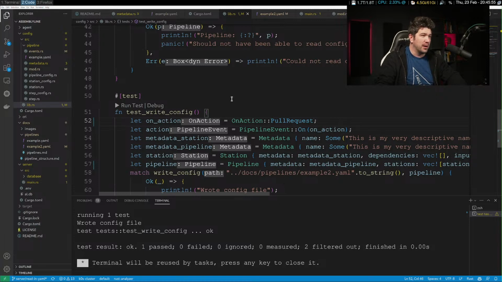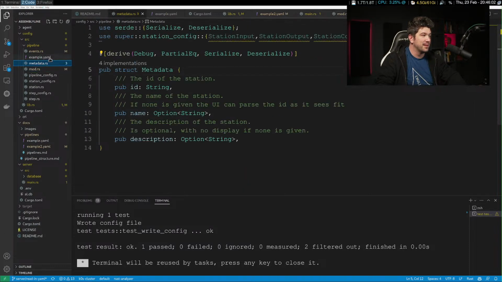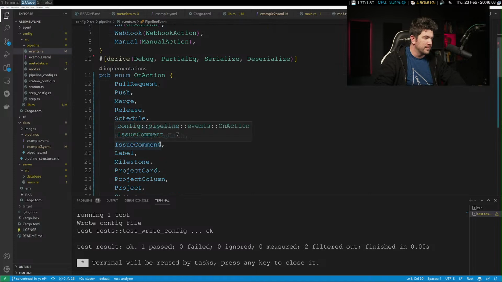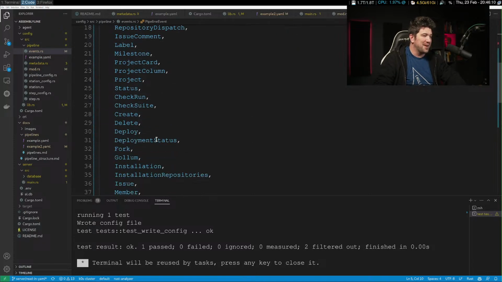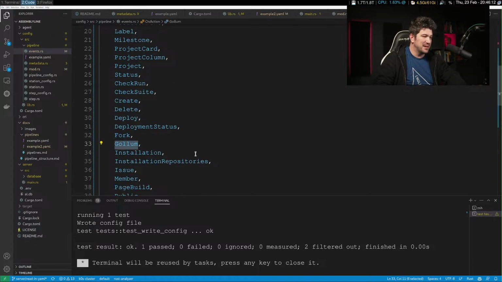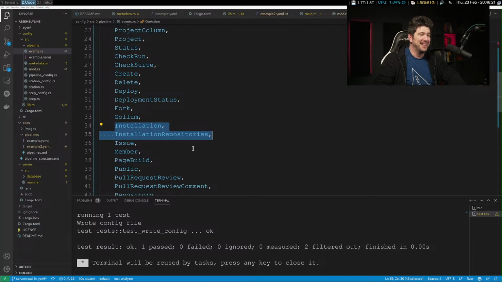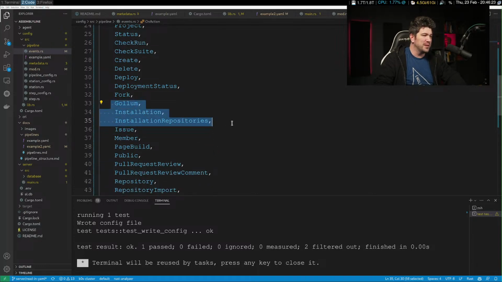I don't know what Golem is. I have no idea. They all looked great, except Golem is weird. Installation is weird. I'm not sure that these are ones either. So like these look weird to me.